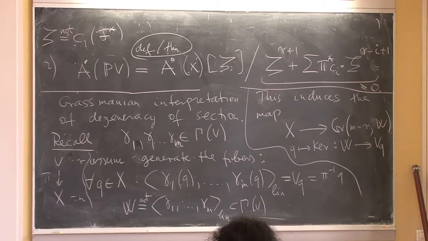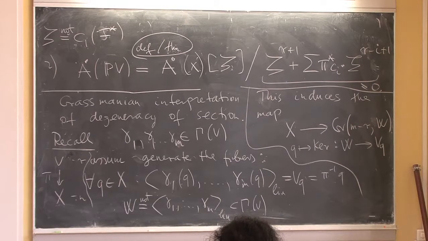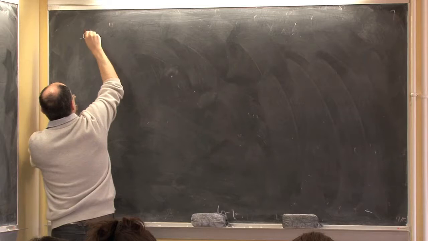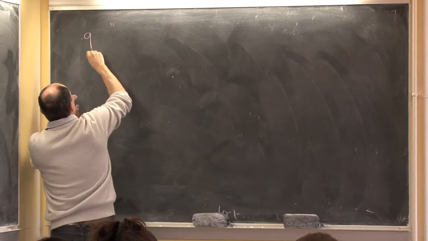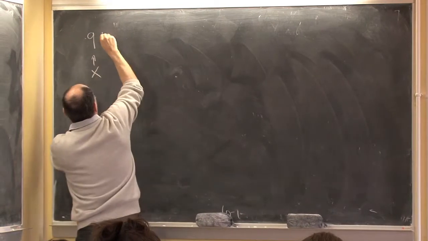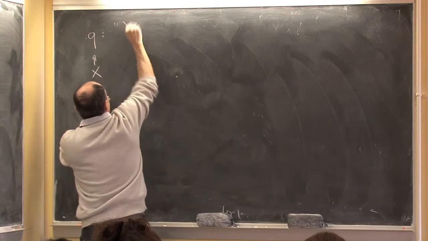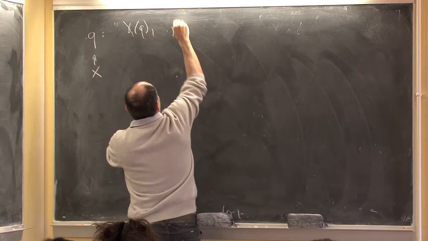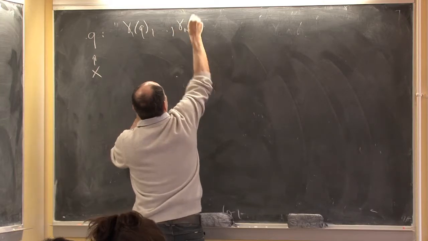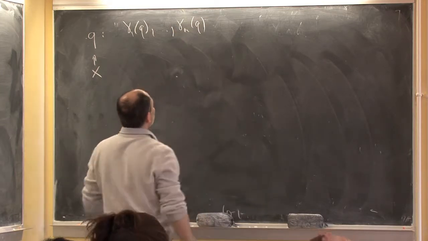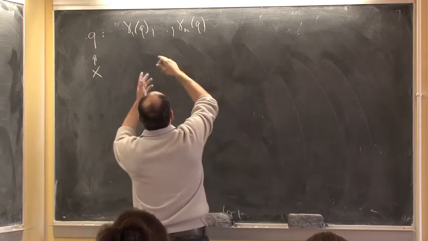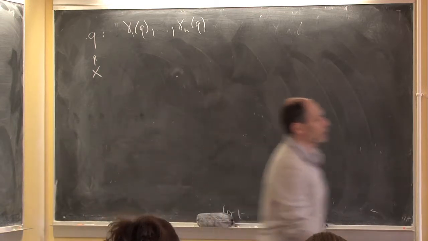So just again, I have these sections, gamma 1 up to gamma m, and for every Q in X, I do the following operation. I look at gamma 1 Q, etc., gamma m Q, and these are elements of the